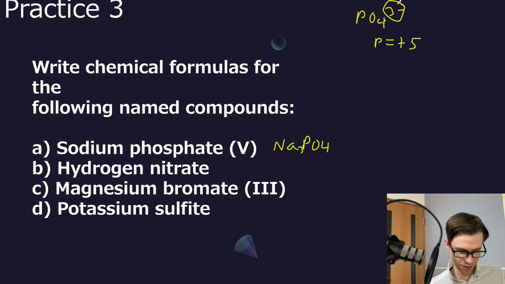Hydrogen nitrate then. So this doesn't have any Roman numeral. That means it's not the new naming system I told you. It's the old casual naming system. So you just need to remember the nitrate formula is NO3-. And hydrogen nitrate means that this charge will be balanced just by an H+. So this will be HNO3,